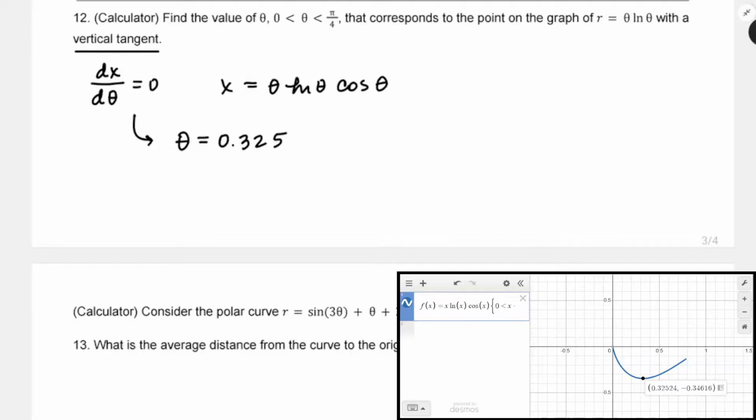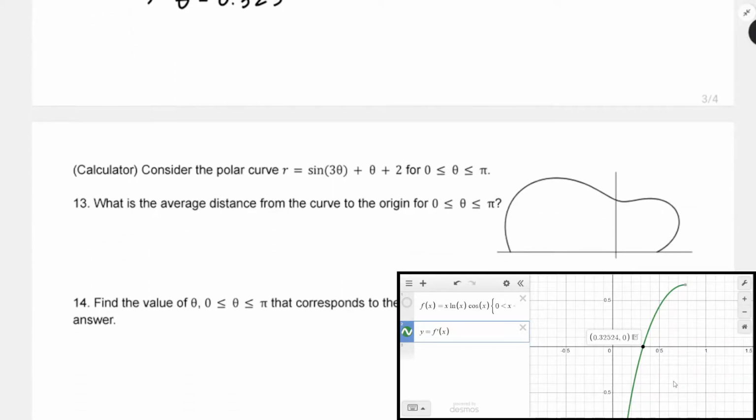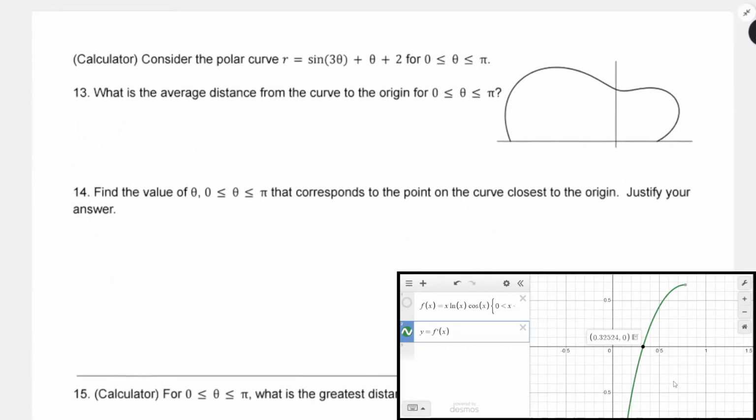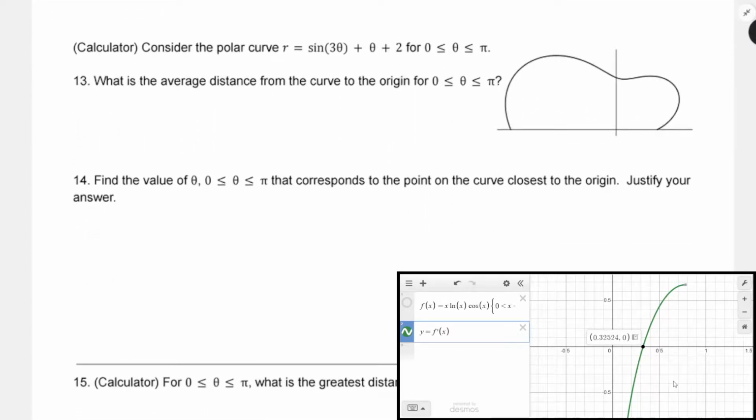Okay, now if you were not trusting that and you wanted to know where the derivative of this thing was equal to 0, then you would graph the derivative and it would look different. When you found the 0, that would be the same spot. Okay, 0.325. All right, now consider the polar curve r equals sine 3 theta plus 2 for theta between 0